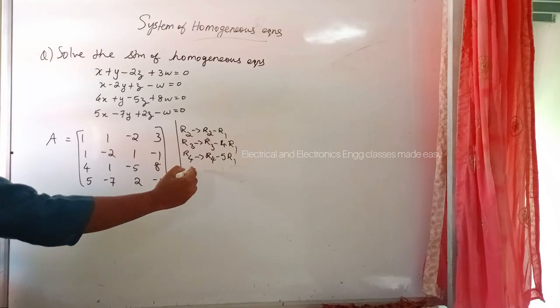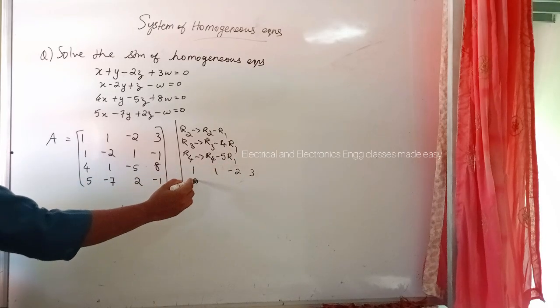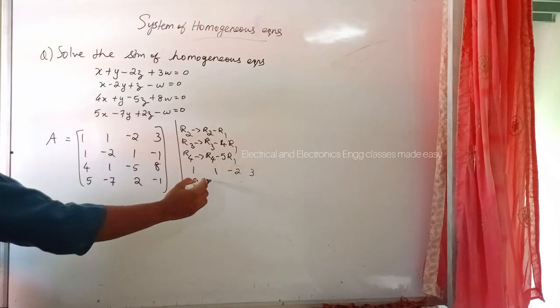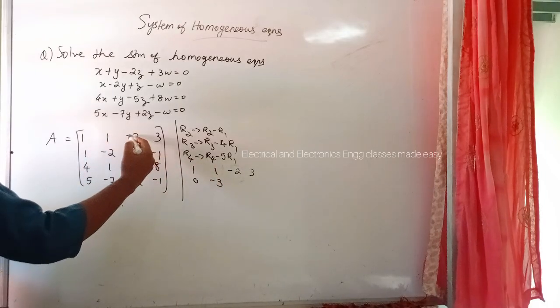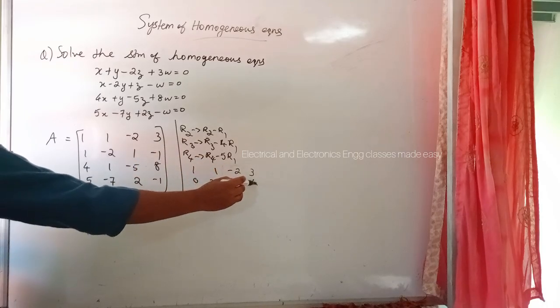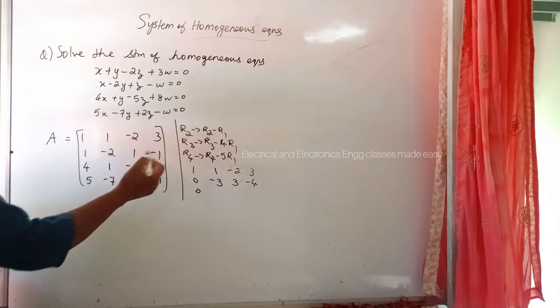Then here we will get 1, 1, minus 2, 3, then 0, then here minus 2, minus 1, that is minus 3, then 1 plus 2, 3, minus 1, minus 3, minus 4, then 4, minus 4, 0, then